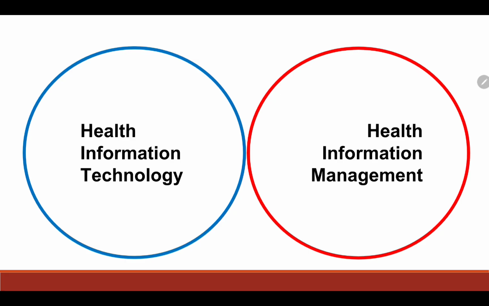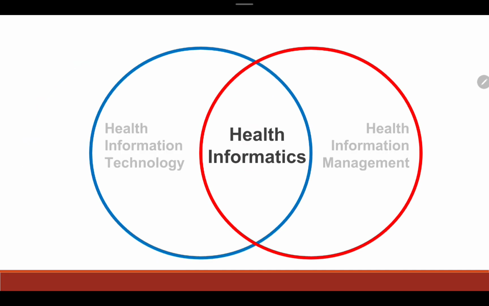And then, when you combine the two, you get health informatics. So, when we talk about health informatics, it is the combination of the two. It is the application of both the technology and the systems in a healthcare setting. Health informatics is a term describing the acquiring, storing, retrieving, and using of healthcare information to foster better collaboration among patients and various healthcare providers. Health informatics plays a critical role in pushing forward healthcare reform. Utilizing both HIT and HIM in order to increase productivity in the healthcare industry is needed. Okay?